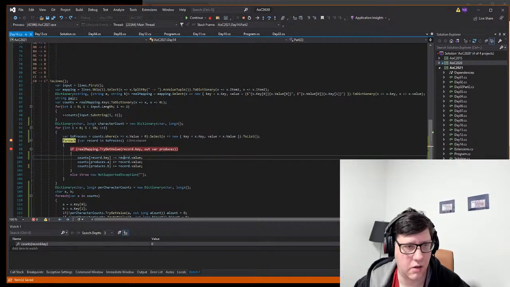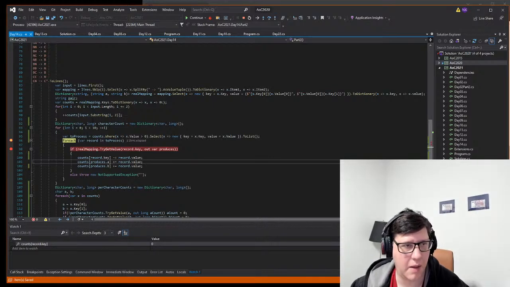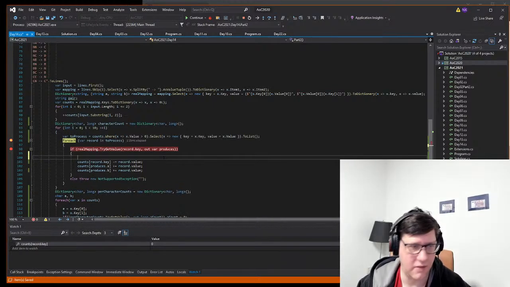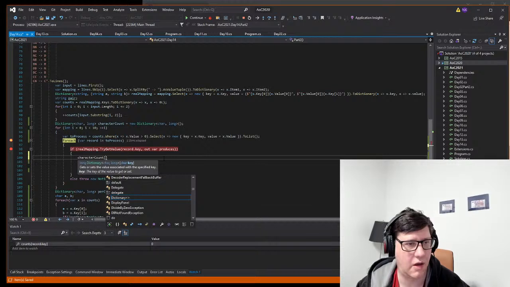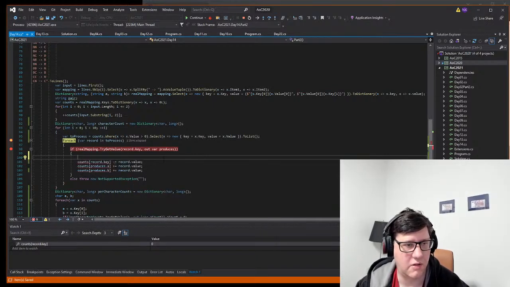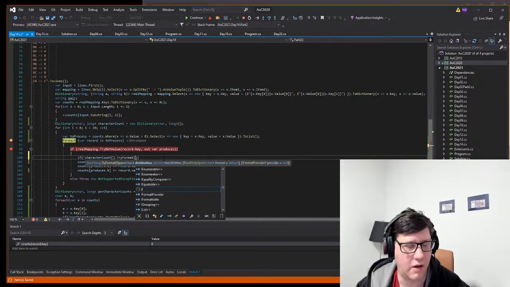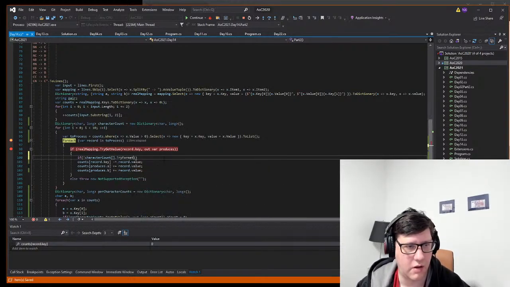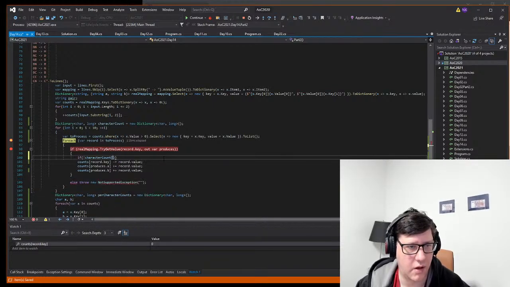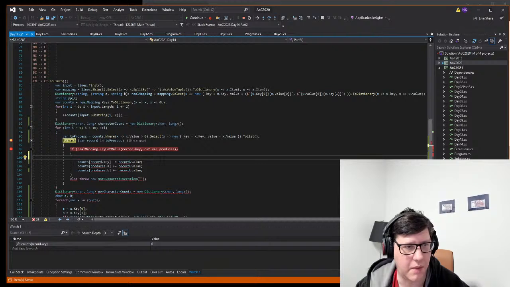Because basically what we have to do is still just add the mapping. So we do, man, this is pretty cool if this works. Character count, let me just do it the same way. If not character count, try get value. Okay. First I need to make sure what the mapping is. So I do char mapped, I can't type today, mapped is mapping